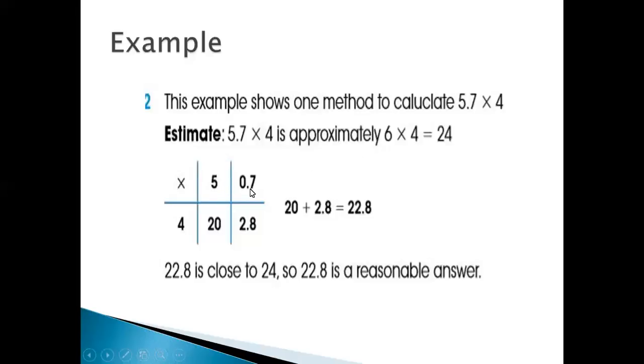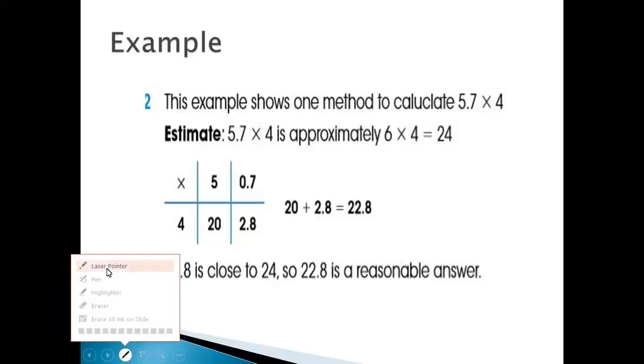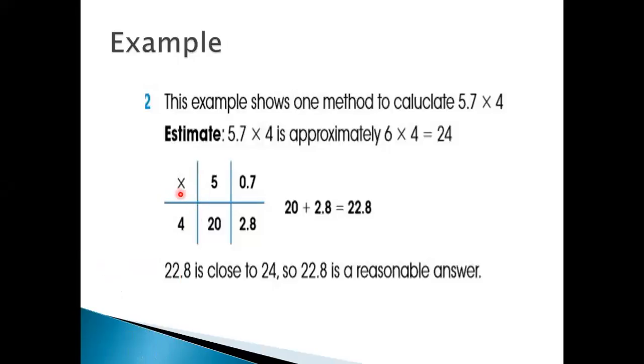For the exact way, what they have done, they made a grid, and they used the basic operation of multiplication, because we are going to multiply here. That's why they have used this multiplication symbol here. Then you can see the number is 5. The number 5 is from the exact number 5.7. 0.7 is in a separate next column. They made 2 columns. They split the number 5.7 into 2 columns. And the number which we are going to use as a multiplier is 4.